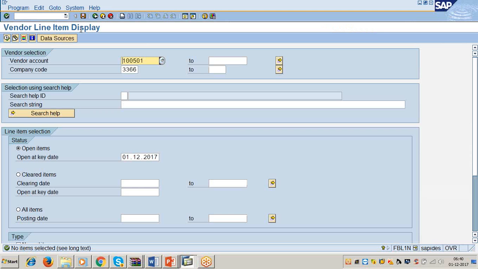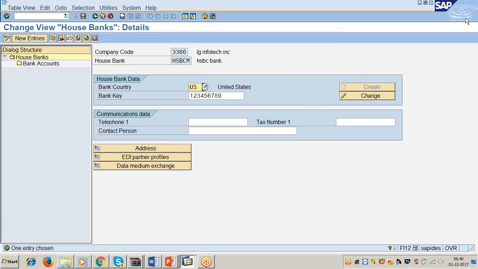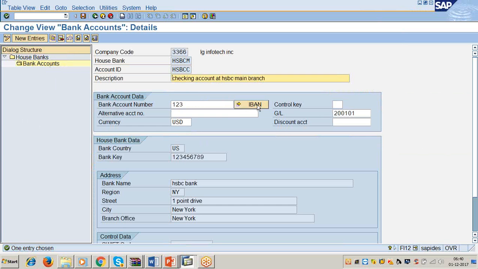Okay. See, he is asking about this number. In FI12, you create the house banks, right? In the house banks, while creating the account IDs, you have this IBAN number.